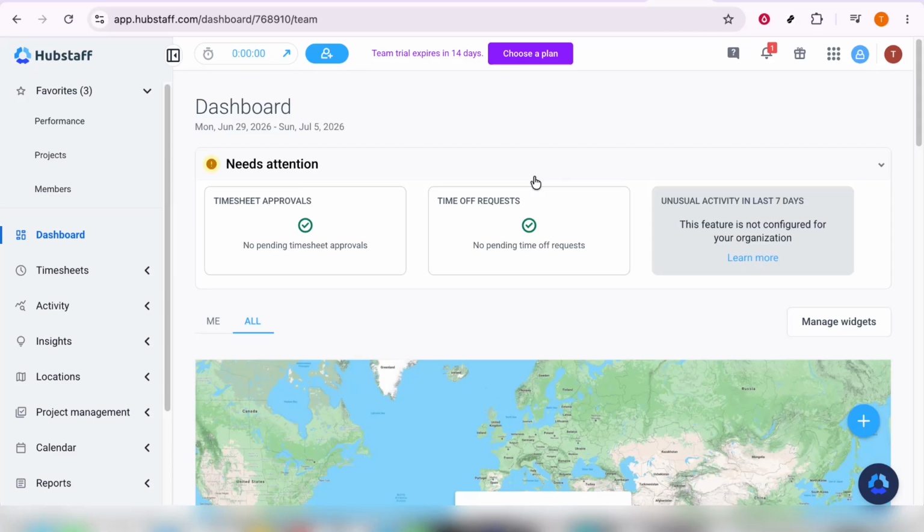Sometimes you might forget your password. Don't worry. Hubstaff has a straightforward way to recover it. Simply look for the Forgot Password link on the login page. Clicking this will guide you through the steps to reset your password, typically involving receiving an email with a link to create a new one. Follow the instructions carefully